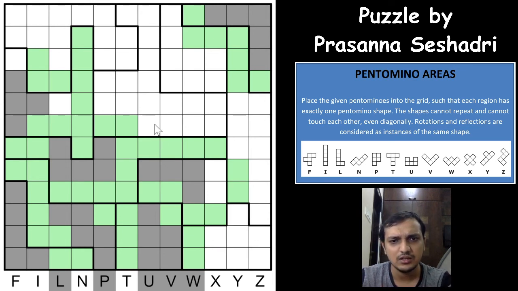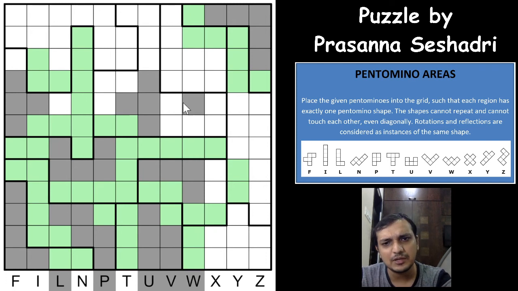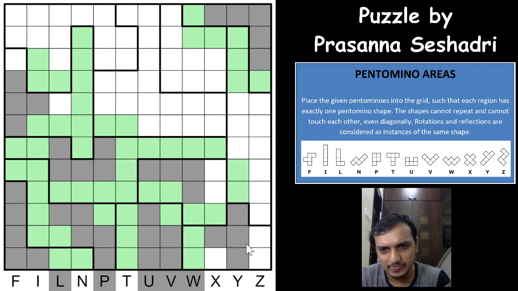And what happens if you place a pentomino in this area? The moment you place an X in this area, these 3 cells will be unshaded, and you won't be able to place exactly one 5 cell pentomino in this area. Which means that there is only one area where an X can go, and which has to be this area. Excellent logic. So that gives you a Y here, that gives you a T here, because Y is already placed now. So X is done, Y is done, and T is done.